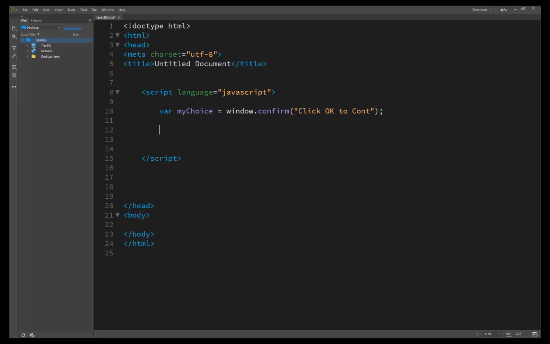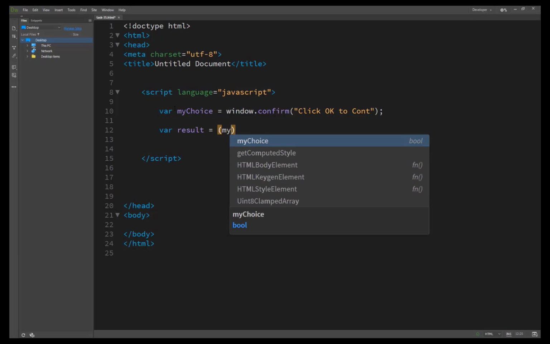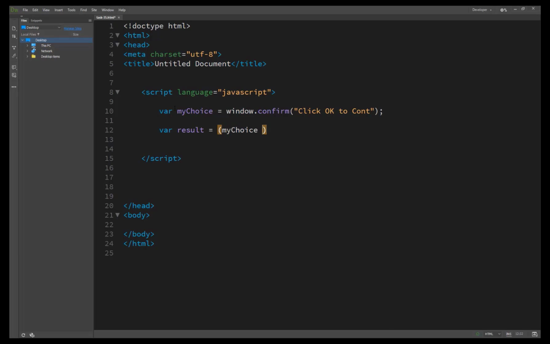And here is the technique. We have created a variable called result, a short form conditional checker result. We have created another variable and passed the user choice inside, basically the myChoice variable. My choice is equal to true.